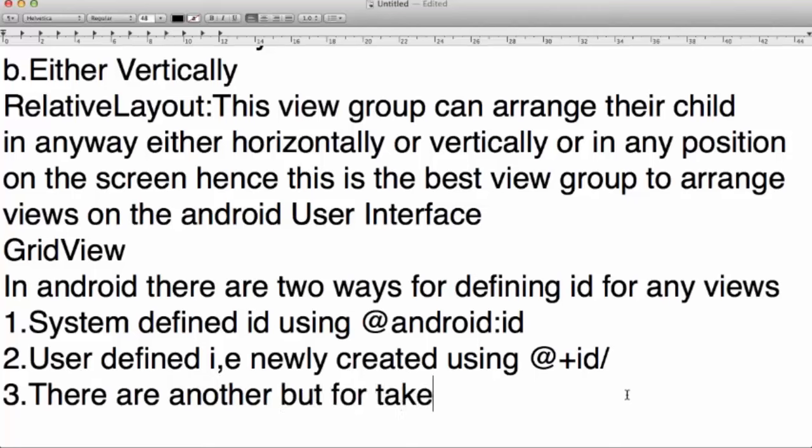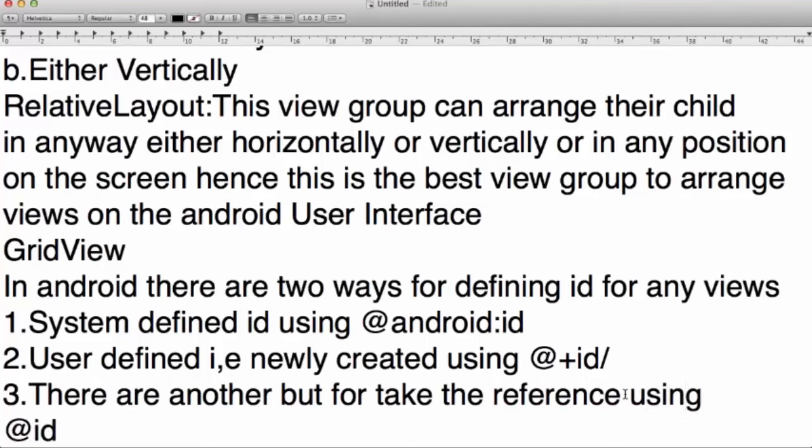So @ plus ID is for creation of a newly created ID, and @Android is system defined. If some ID already exists, then it can be used like this: @Android and ID.